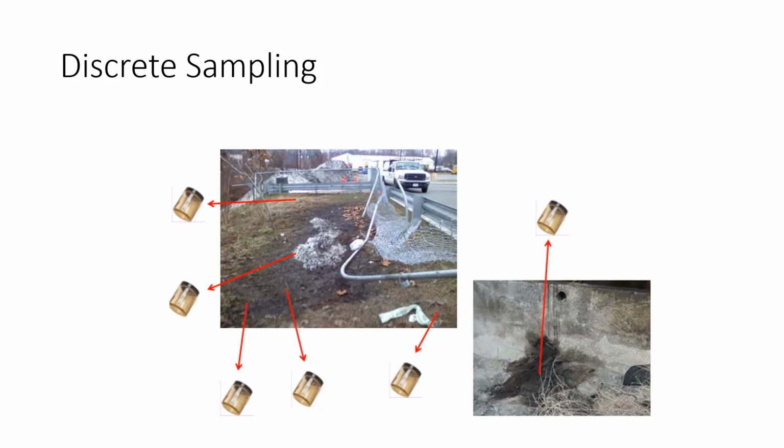Discrete samples can be collected from biased or from random sample locations. A discrete sample is collected from a single location. The sample volume and additional sampling processing can vary accordingly. Discrete samples are easy to collect and may be useful for collecting information about a specific area of interest, such